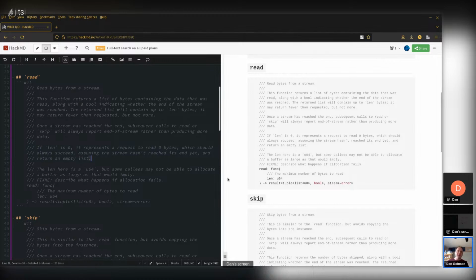I should also mention that my wordsmithing here on the fly is not the smoothest. I know phrases like "this function returns" and "assuming the stream hasn't reached" could be written in a lot more formal and precise language. I think there'll be time for that. Right now I'm just hoping to write down the intent and get things documented, and really take this opportunity to review the design, so that in the future people with more expertise in writing formal languages and precise documentation than me can come along and clean this up. That's kind of the perspective.